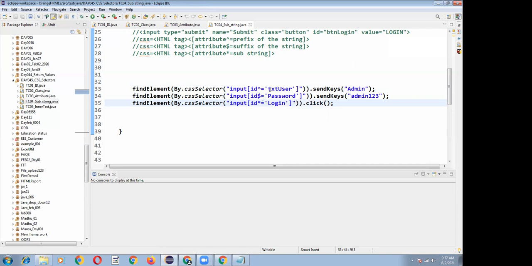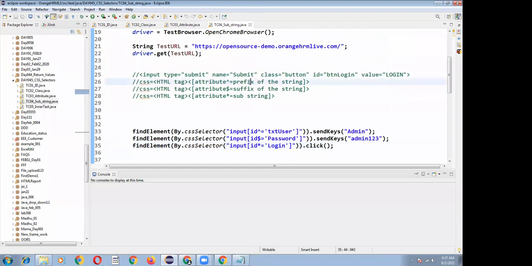This will check that the prefix of the string is fixed. And here, the suffix of the string is fixed.